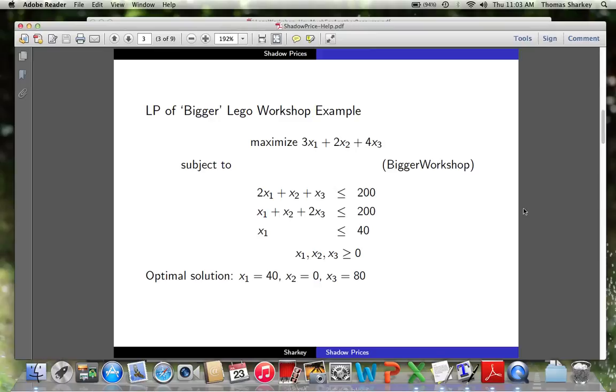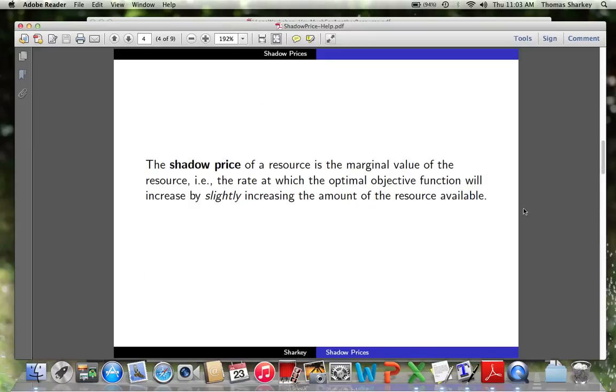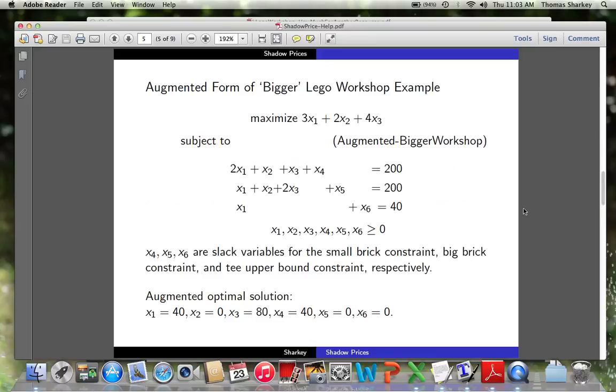It doesn't have equality constraints. The simplex method cannot be directly applied to this problem. So in order to start dealing with the simplex method, we need to augment that linear program. All we're going to do here is add in slack variables so that all of the